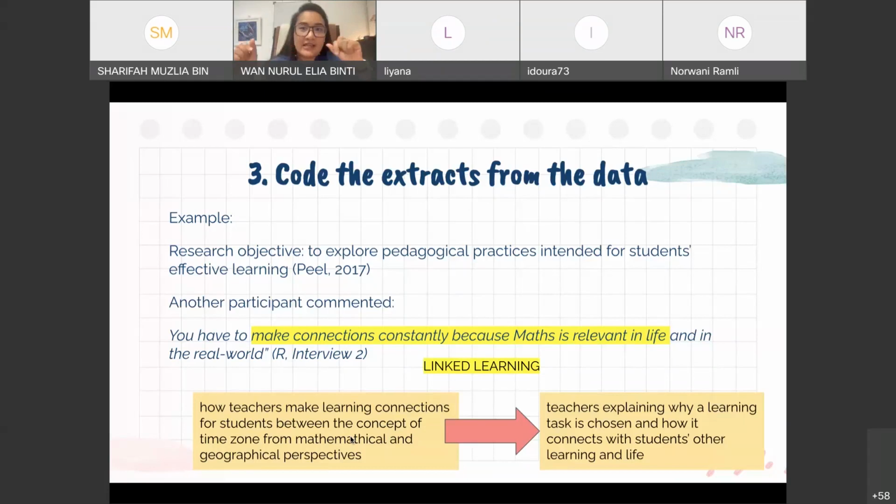So you can change it to: teachers explaining why a learning task is chosen and how it connects with students' other learning and life. So I'm showing you now how the description may change over time as you go along coding the other types of data that you have, right? So the description must be accurate.